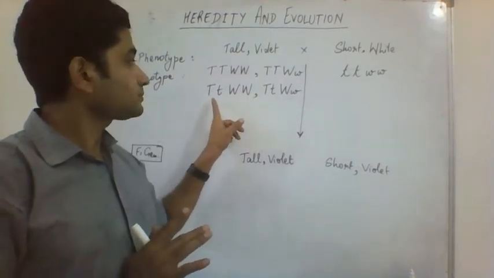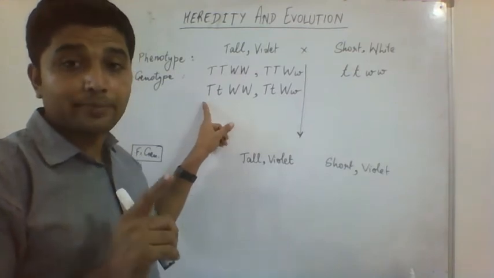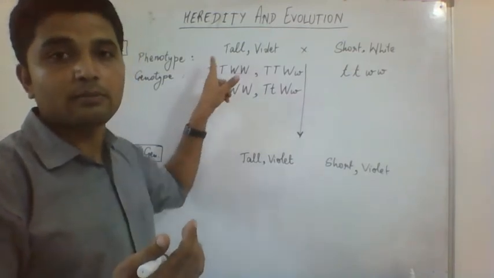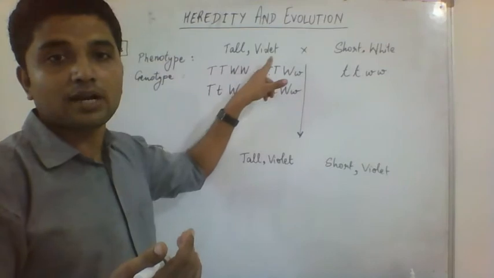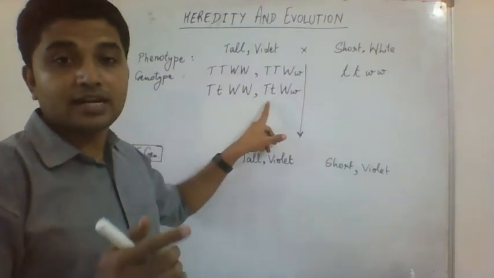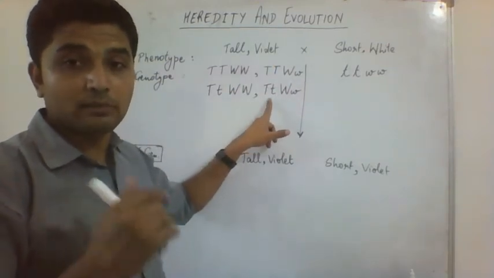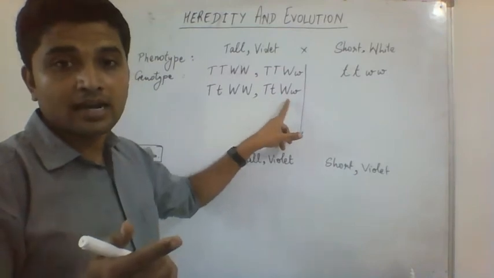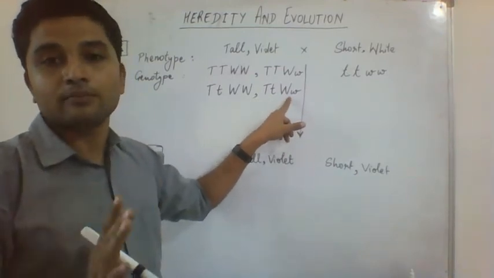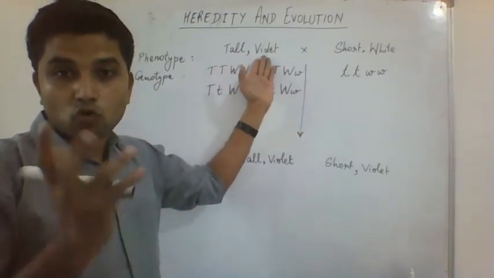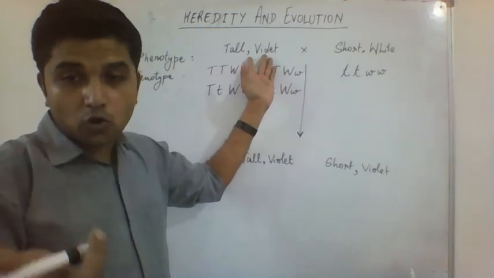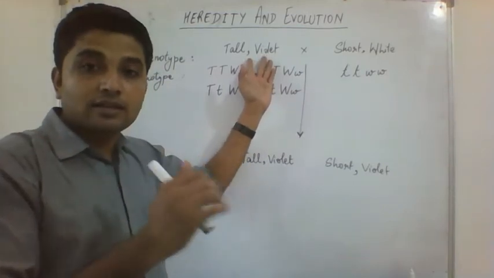Same way here, capital T and a small t. Capital T is present, which is a dominant factor, so the plant will be tall. Capital W is present, so the plant will be violet. Capital T and small t, the plant will be tall because capital T is present, and capital W is present, so the plant will be violet. That means this combination of plant that we have taken, a tall plant with violet flowers, can be